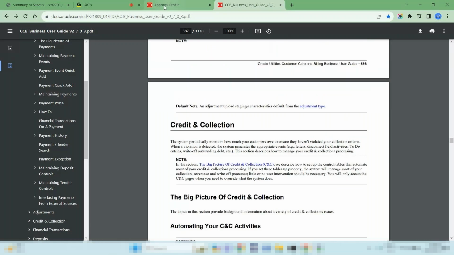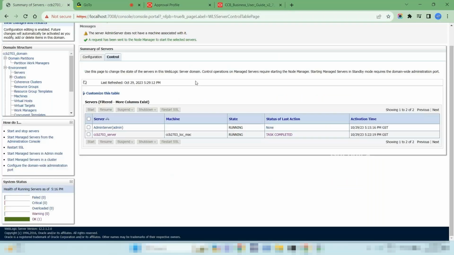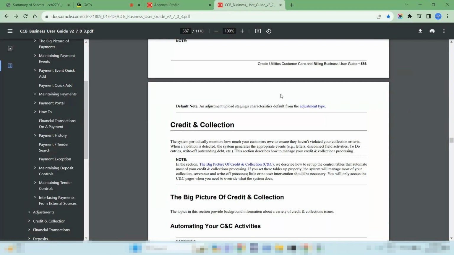You want to cover this credit and collection today? Credit and collection theory, you want to finish? We faced in the last 2, 3 weeks some issues. So today we are very stable and comfortable. So let's complete that credit and collection part also. We learn the payment, we learn the interface area, we learn the adjustment area, and then we have the credit